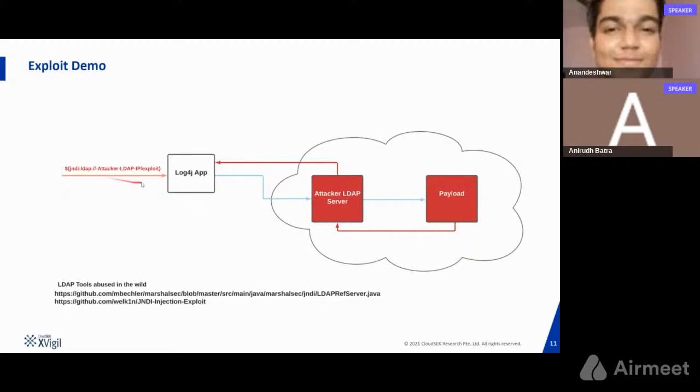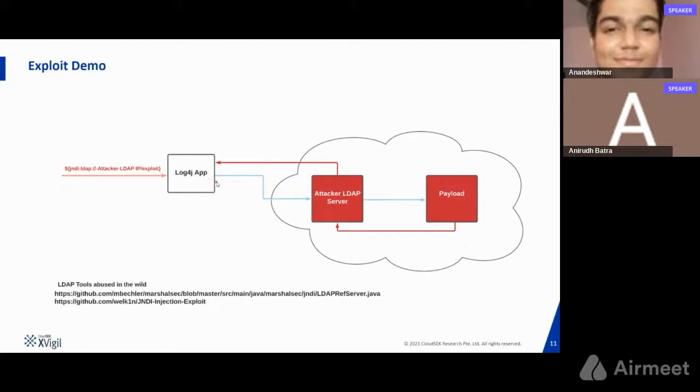So when the attacker sends out the specific string, like I explained previously, this is a JNDI lookup syntax used by Java systems. When the attacker forwards this specific string to the vulnerable application, instead of logging the data, the system itself just executes the JNDI lookup syntax or the code itself, leading to RCE. So once the string hits the application, since it is an LDAP query basically underneath,